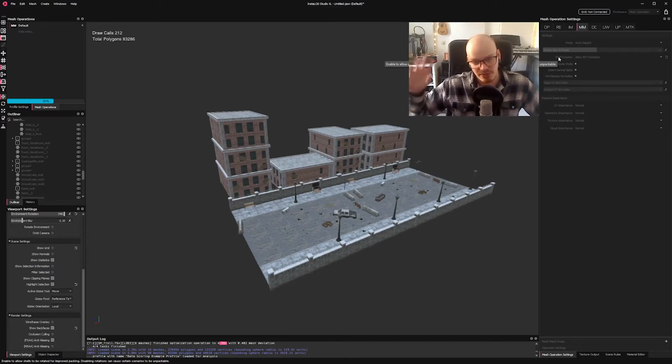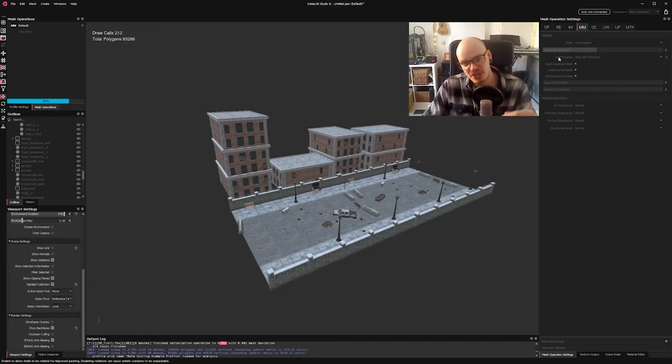And with duplicates, I really mean duplicates, not instances. These are separate meshes that have been moved, rotated, scaled around the scene. But the UVs, the materials, the textures, they are all the same. So that allows InstaLOD to figure out where we have these duplicates and then stack those UV shells on top of one another to make the most of the output texture. And that is how, with a single 2K map, we can end up with a visually pleasing result,